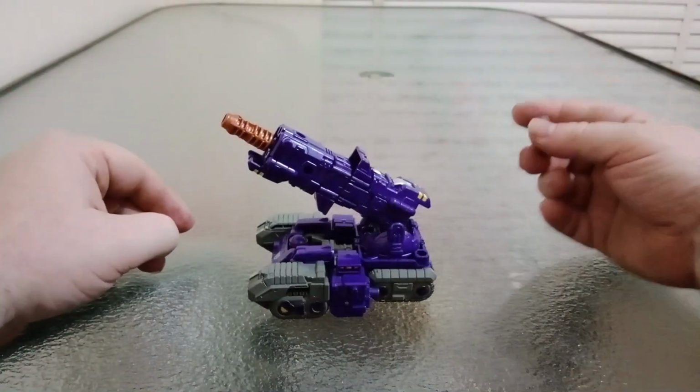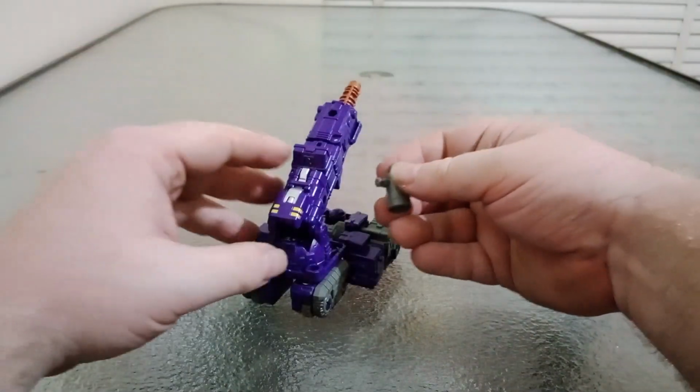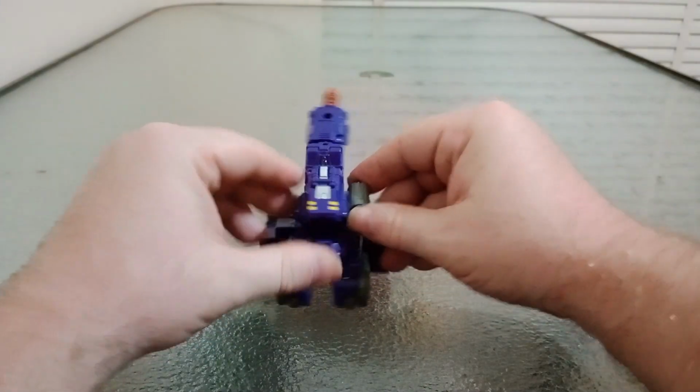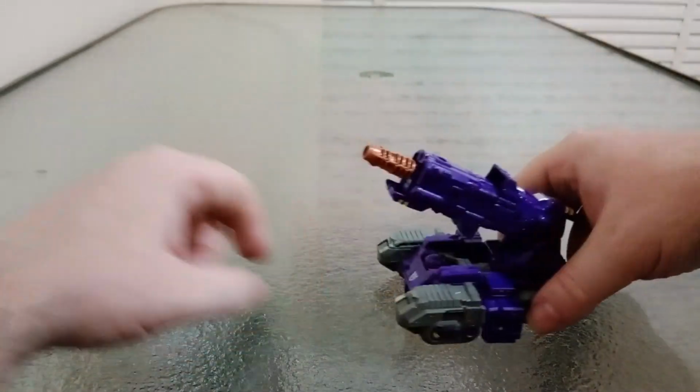Now, with this, you can put this any number of places. You can put it up here, put it over here. I'm going to put it over here, and I'm going to put it so this is facing towards me, just because I reckon that looks cooler, sort of like a targeting reticle. So there we go. There is Brunt in his vehicle mode, and he does roll, although with my glass table,